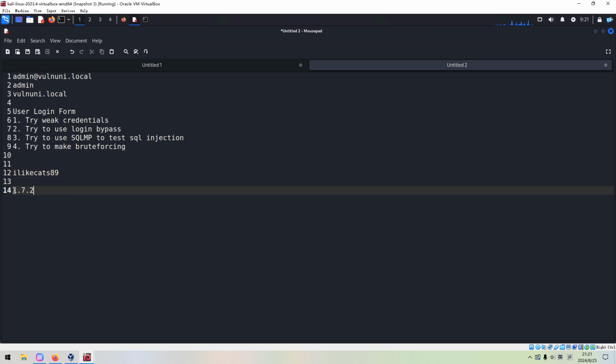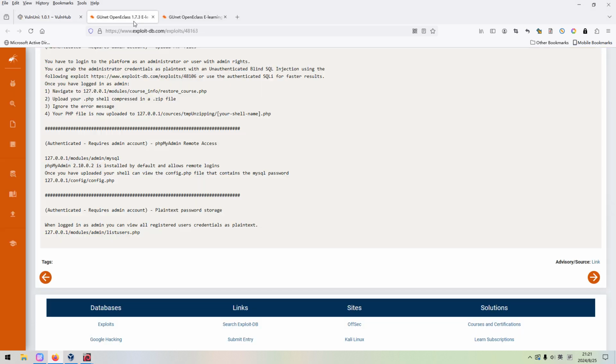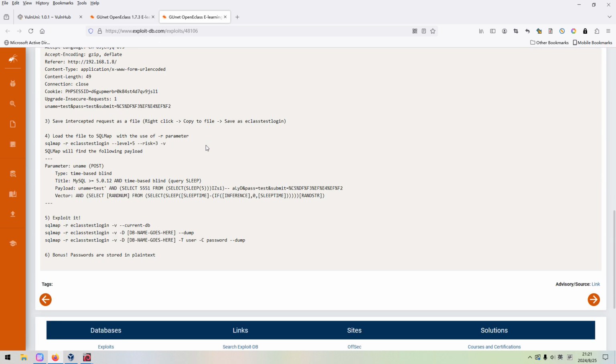Then we can use e-class as the keyword followed by the version number, and use Google to do some research. Then you can get 2 links which will lead to the Exploit Database. And I think this one, not this one.